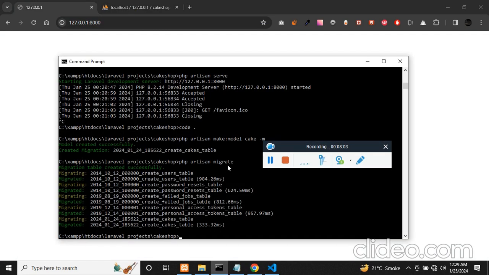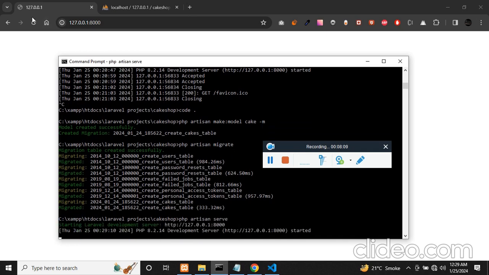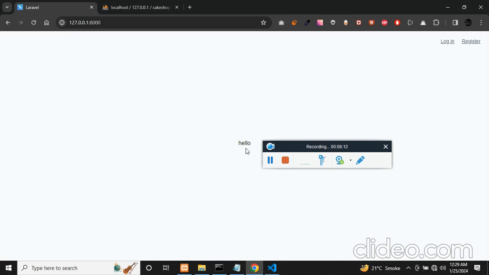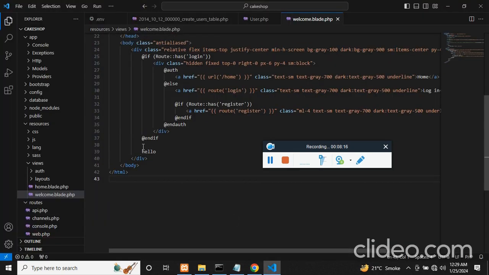and you will see only hello will show up. I hope the server is not running, so let me run the server. And now you will see just the hello. Well, that's cool. So now you understand the flow, it's just returning the view, but there comes a concept called